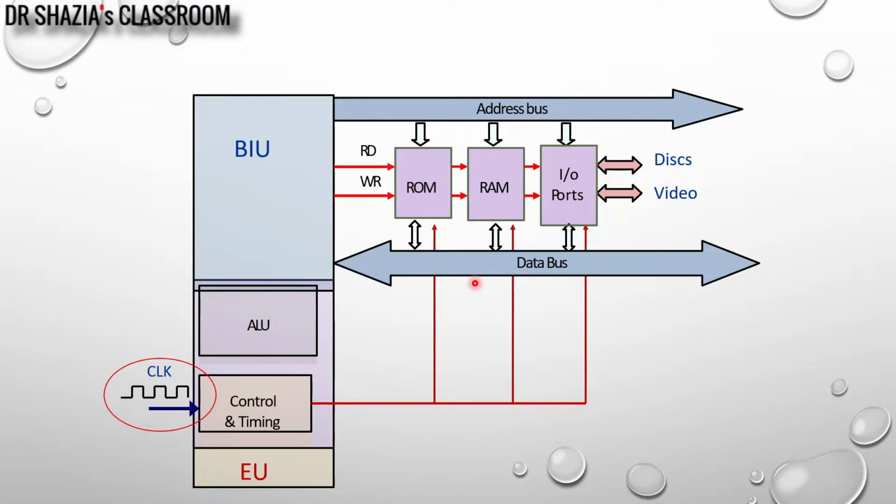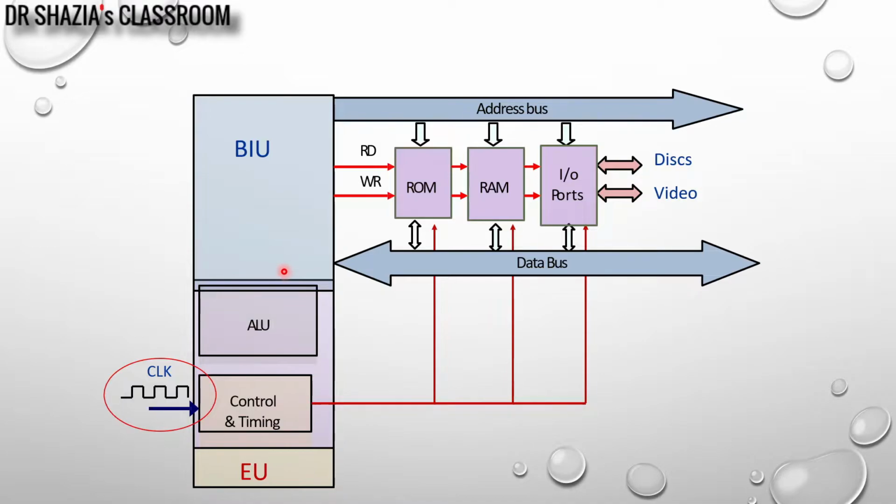You can see from the direction of the buses here, the address bus is unidirectional. Address and control signals, read and write signals, are unidirectional; they are outputs from the processor. The processor generates the address, the processor generates the control signal. Whereas the data bus, if you see, is bidirectional. So data transfer can take place from the processor to the device or from the external device to the processor.